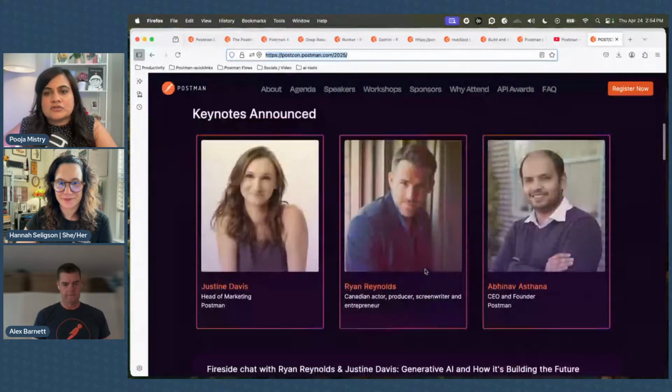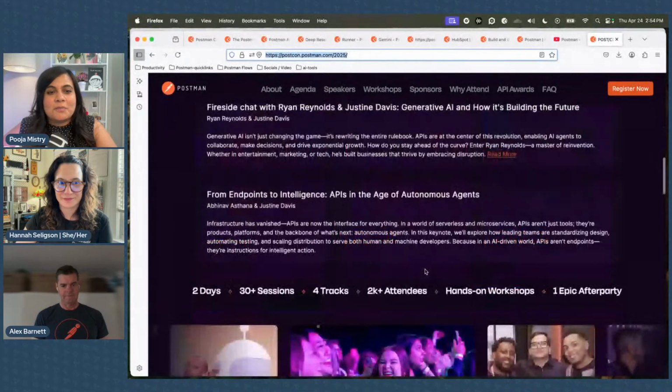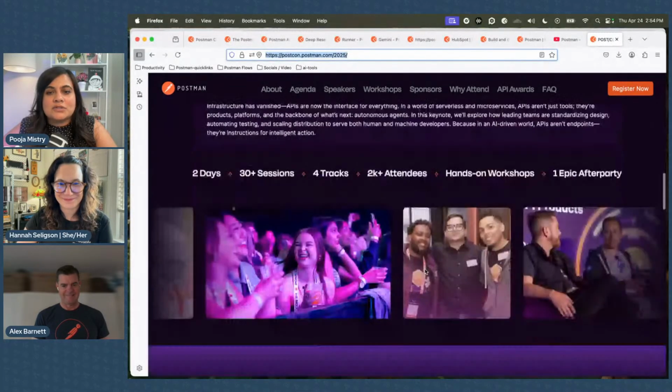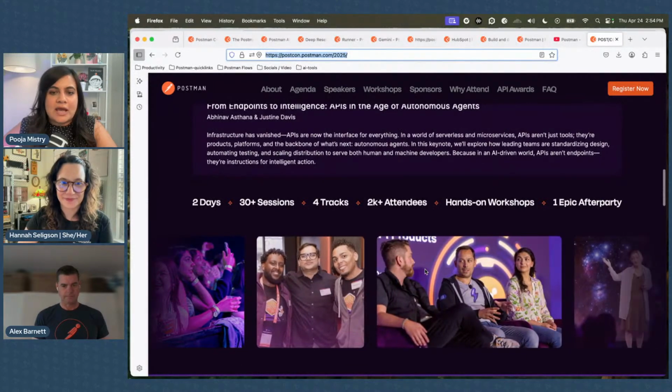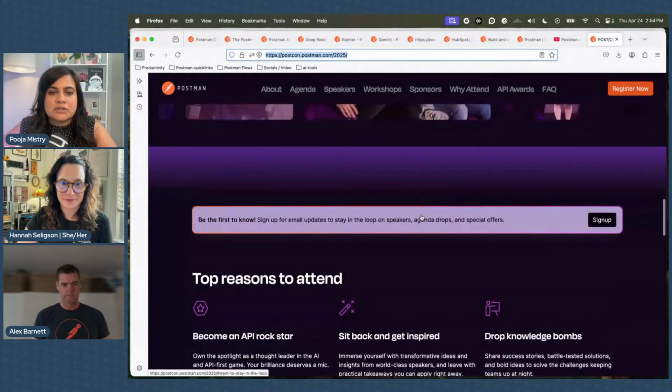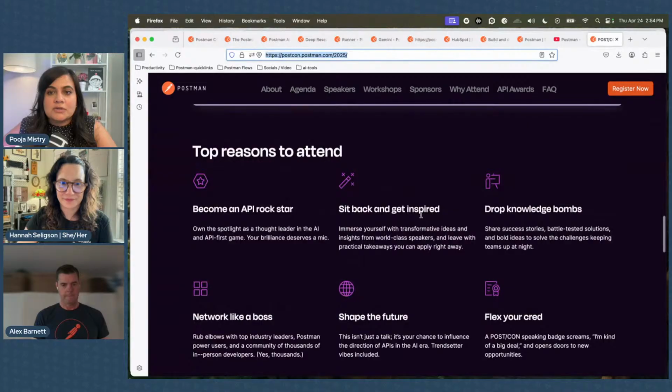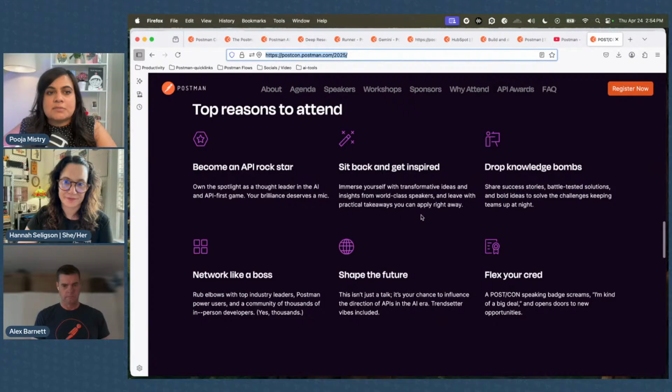Not only for Ryan Reynolds and all, but for learning about a lot of the things happening in the AI API space. We are having very cutting edge conversations, and we're finally talking about something very new, which is MCP. MCP is the bedrock, I think, that will be the driver for agents working with APIs. So it'll be a great conversation to learn a little bit about that.